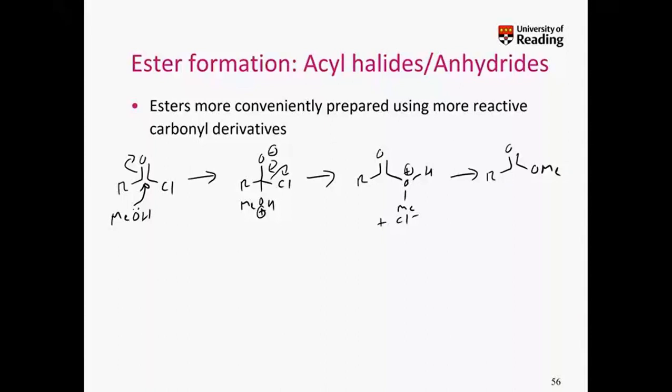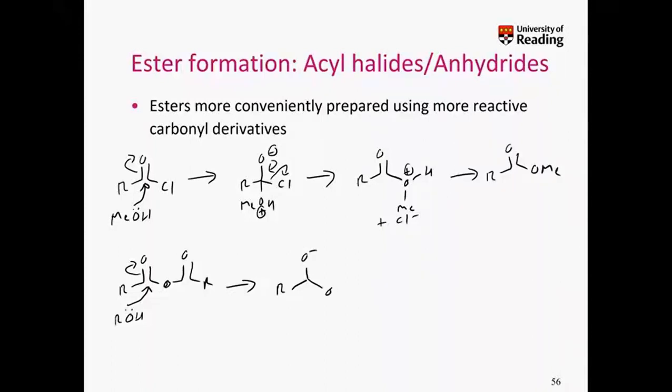Okay, we can do exactly the same thing with what's called an anhydride. So an anhydride has a structure where it's got two carbonyl groups linked through an oxygen. Okay, and again, this is a really reactive species, not quite as reactive as the acid chloride, but still pretty good. So we can take the lone pair of electrons from the oxygen again, from the alcohol. We can break the carbon-oxygen double bond. What that gives us is